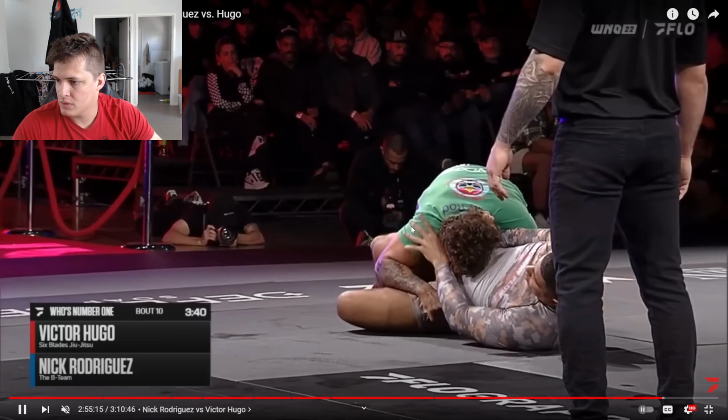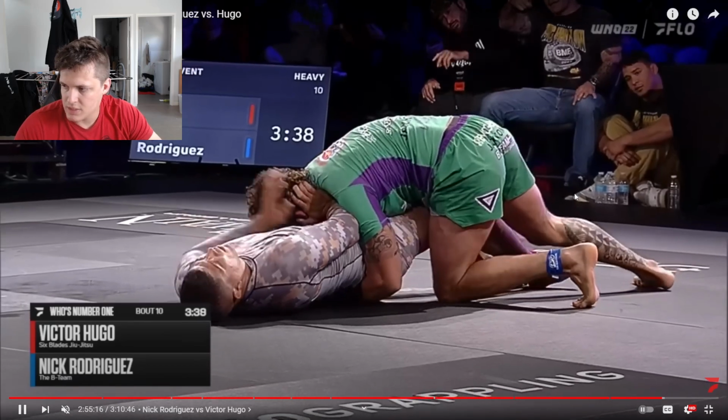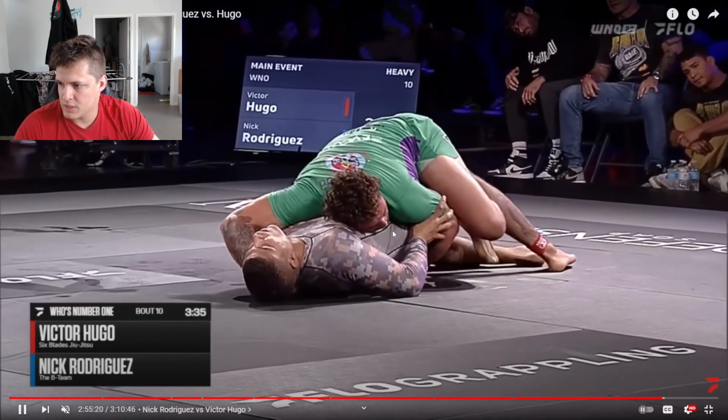Yeah, potentially too early. And so from here, these frames are really nice, but Victor needs to go. Again, easier said than done when you're gassed. And Nicky pummels in to mount, but he should be doing a Khabib wrap now. This leg should be smashing in underneath both, and he should be triangling his legs together so that this next part doesn't happen, where he just gets pushed off the top,